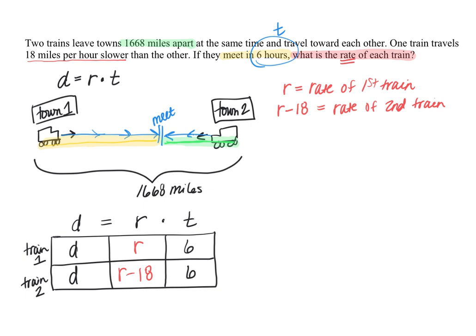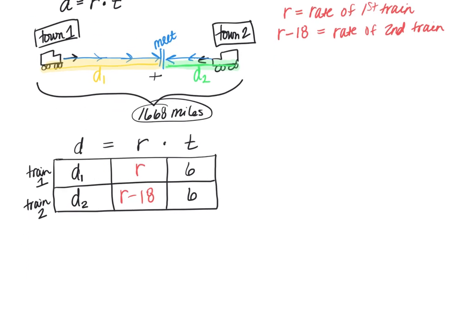So one way of doing this, and there's many ways, I'm just showing you one, would be to use a subscript here. Let's say I call the first train's distance D1 and the second train's distance D2. So I'll label that again on my diagram. That would mean that this yellow distance is D1, and then my green distance, the distance that the second train has traveled, would be D2. So what you can see then is if we were to add these two distances together, then they would equal the total of 1,668 miles. So that means that D1 plus D2, the distances that each train has traveled, when put together, will equal the total distance,